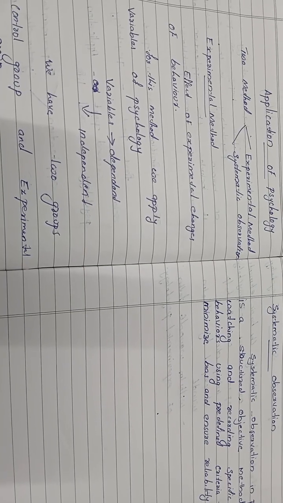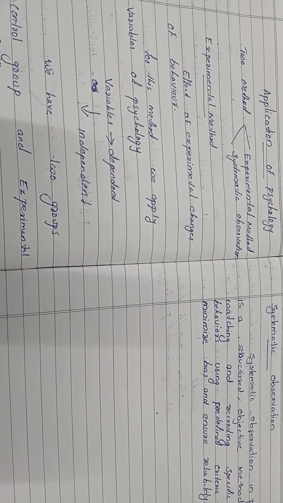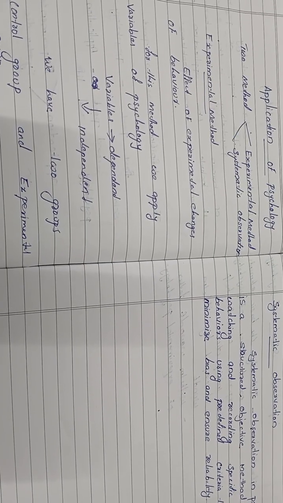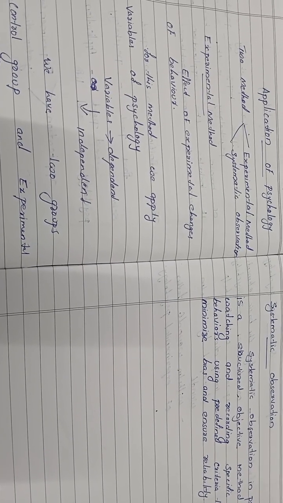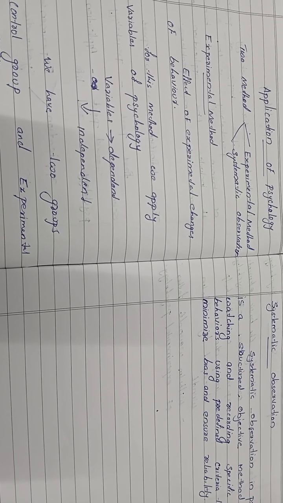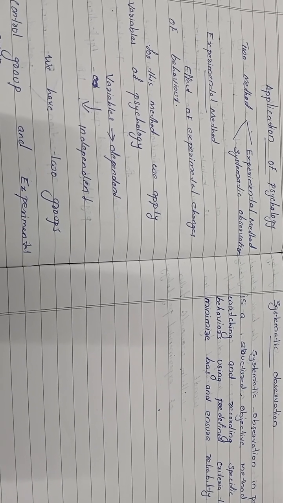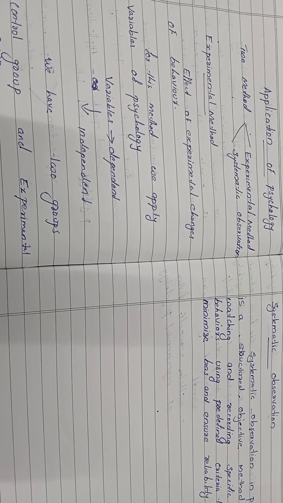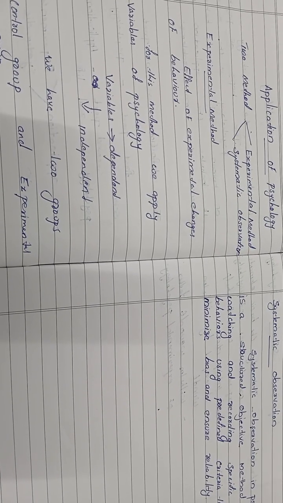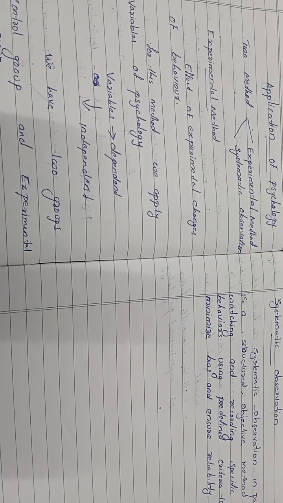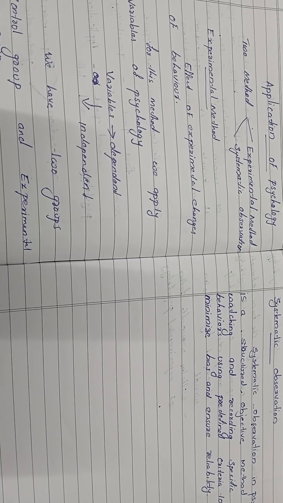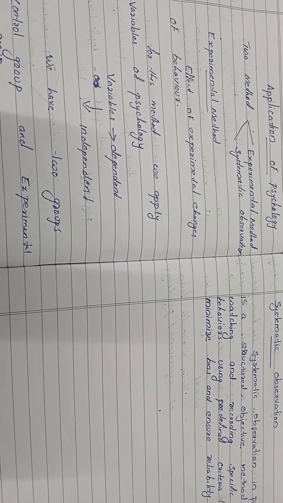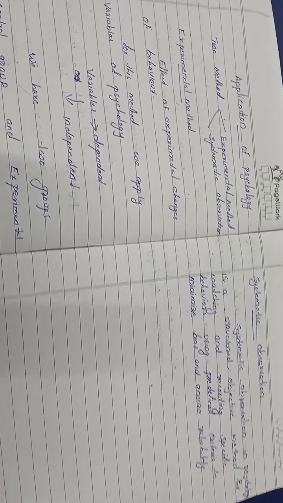In the experimental method we have to put in some variables. Based on these variables we observe the groups. We randomly find some groups, one group is the control group and one group is the experimental group. Then we find out what is happening in each group, and we make observations based on the variables. But in systematic observation,